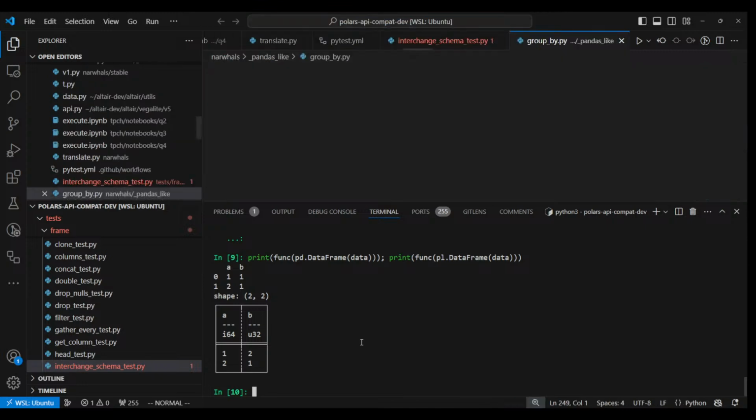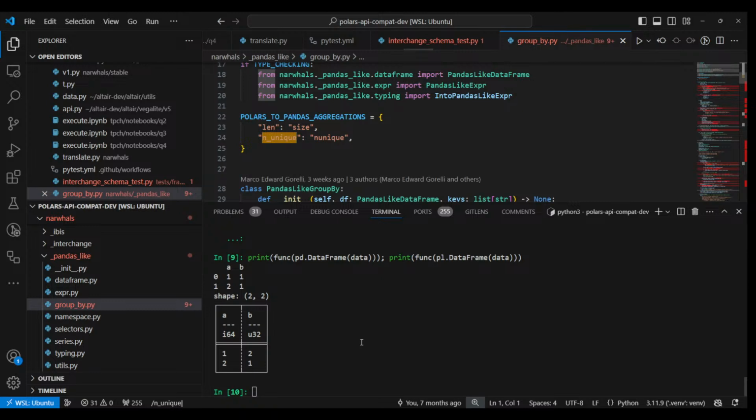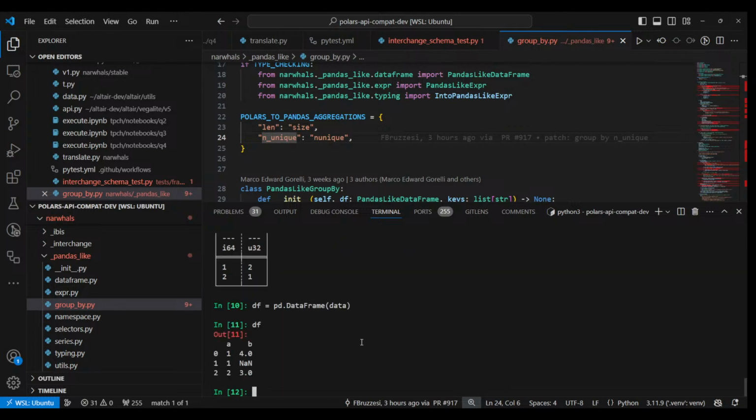Let's go into group by pandas like and unique. Let's try to just do this with pandas. So func is going to be pd.DataFrame data. Then, if we group by a,